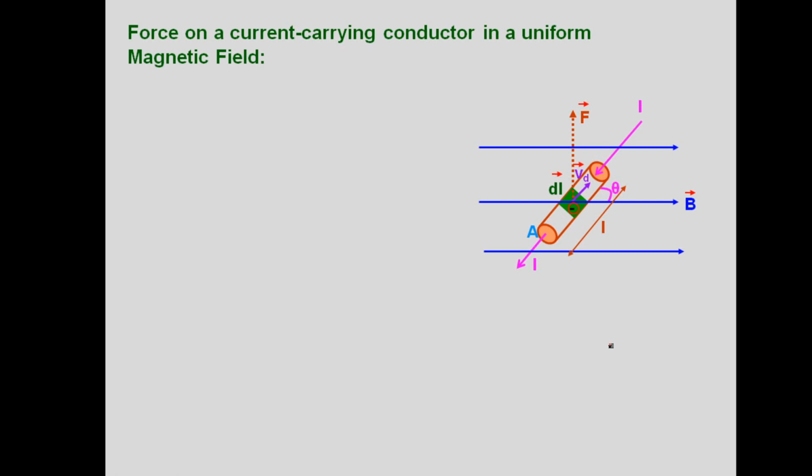Again Fleming's left hand rule is acting on this. So force experienced by each electron in the conductor, this is the force experienced by a single electron where F is equal to Q into V vector cross B vector. So in place of Q we have placed the negative charge of electron, minus e. In place of V we have used drift velocity, and B vector is as usual.